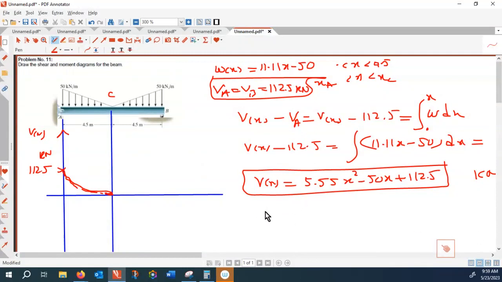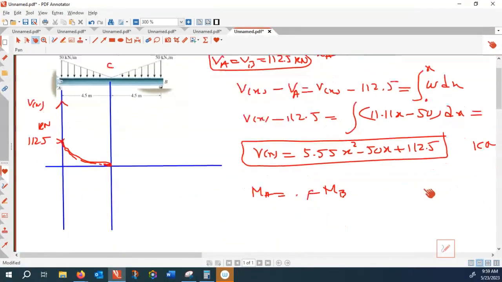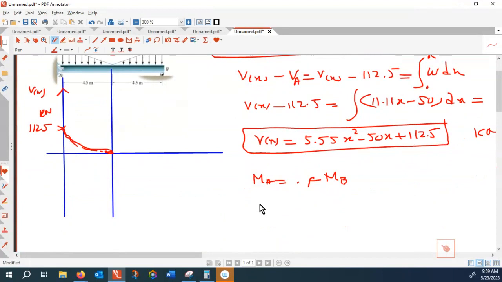Now, how do I find the bending moment? What is the bending moment at A? For T, what is the bending moment at A? 0, because it's a pin. A pin doesn't take any bending moment. So MA is equal to 0, which is equal to MB, right? So now the method of equation. The method of equation tells me that dM over dx is equal to V of x. So therefore, M of x minus M of A